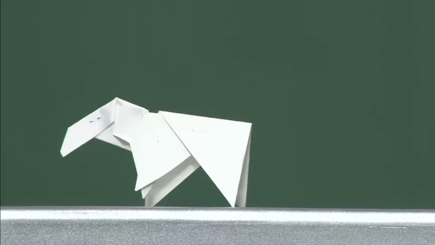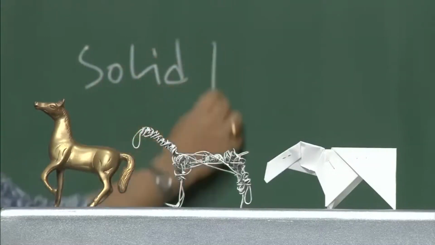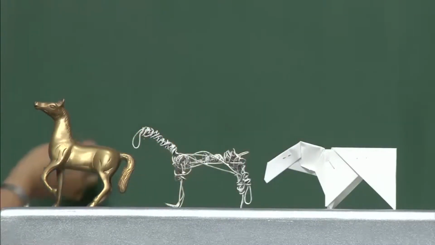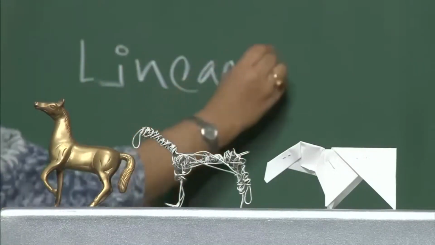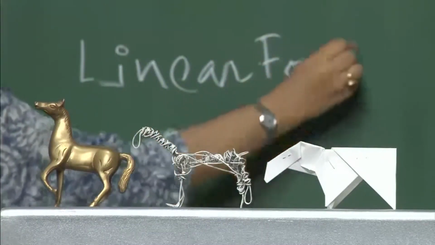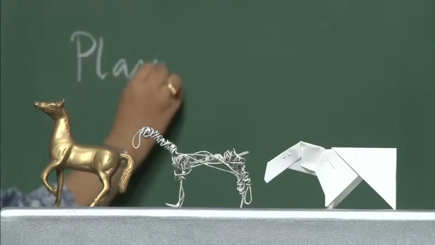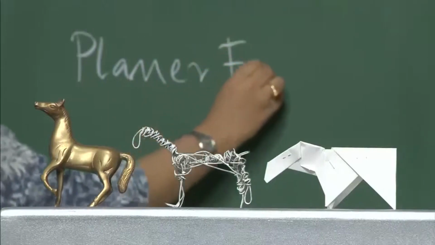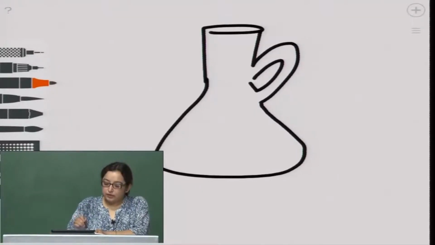Let us see the 3 forms together and try to understand how they are in their physical characteristics. So, they are examples of solid form, the next is a linear form, and the last one is a form that is based on planes. This is linear for the time being, but the moment I add some texture into it,